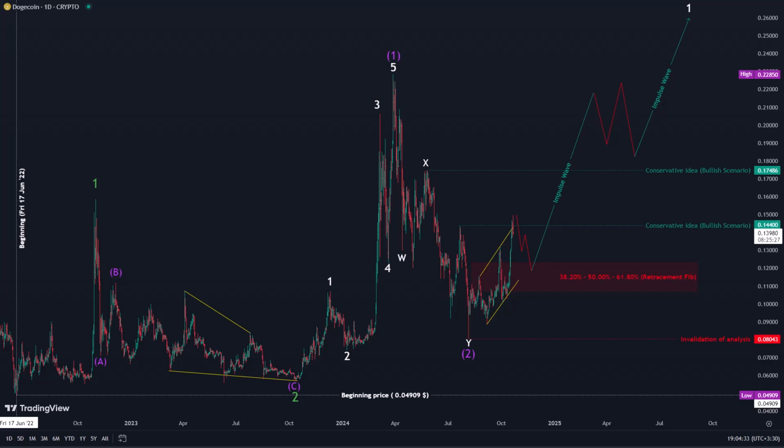We will examine Dogecoin on the daily chart. Since the beginning of June 2022, I have labeled 2 cycles as 1 and 2 according to the wave count and the inventor's data. The first wave is more substantial, while the second wave follows a classic zigzag pattern. However, the second cycle displays an impulse pattern, with the third wave showing acceleration. The second wave in this cycle is a double zigzag pattern.